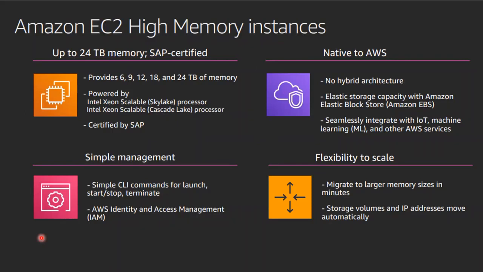You can also use Elastic Block Store to meet your storage and IO requirements. EBS comes with general purpose SSD and provisioned IO. Throughput optimized hard disk is also there, but I won't recommend it. Most of the time you will use either general purpose SSD or provisioned IO for your EBS storage.